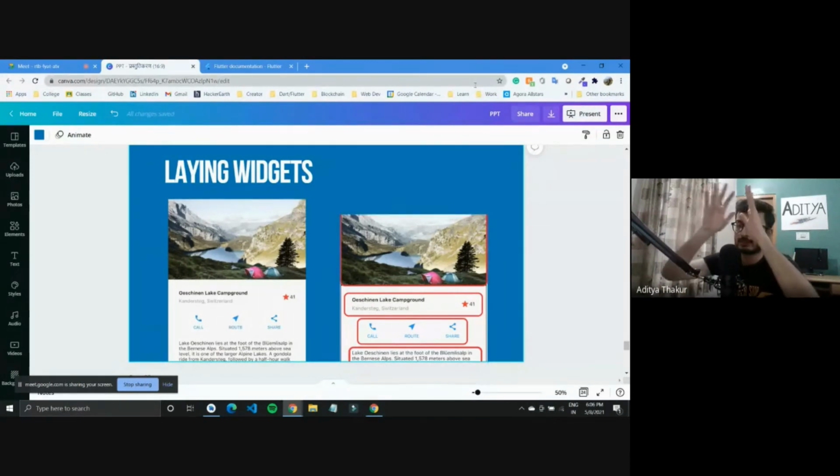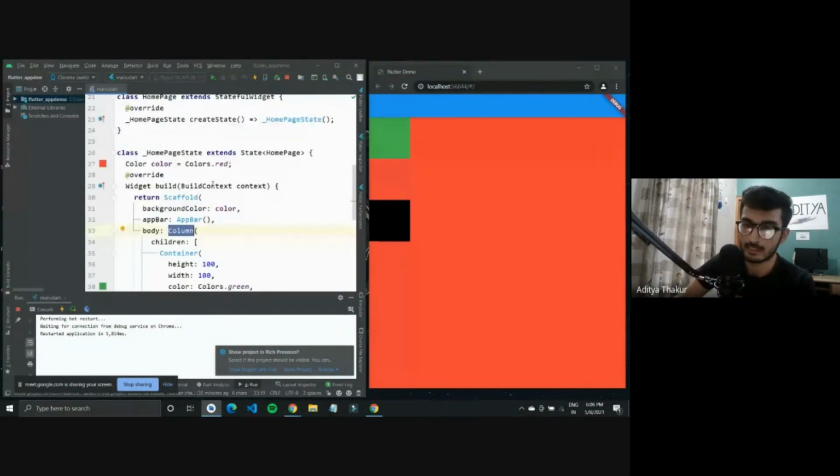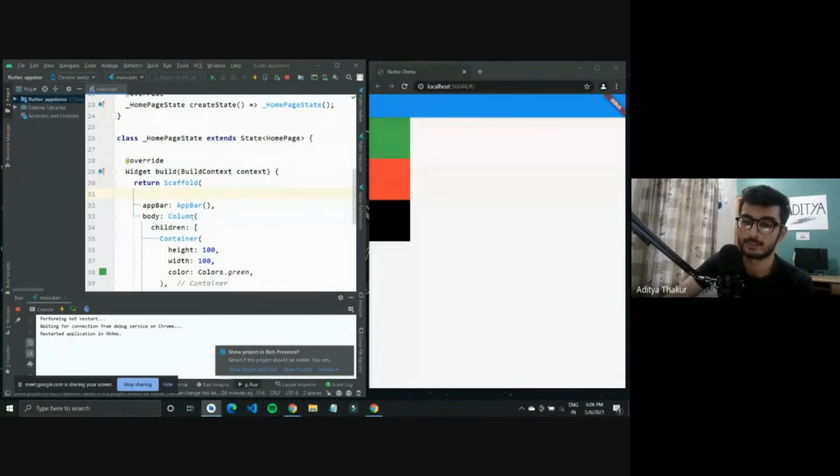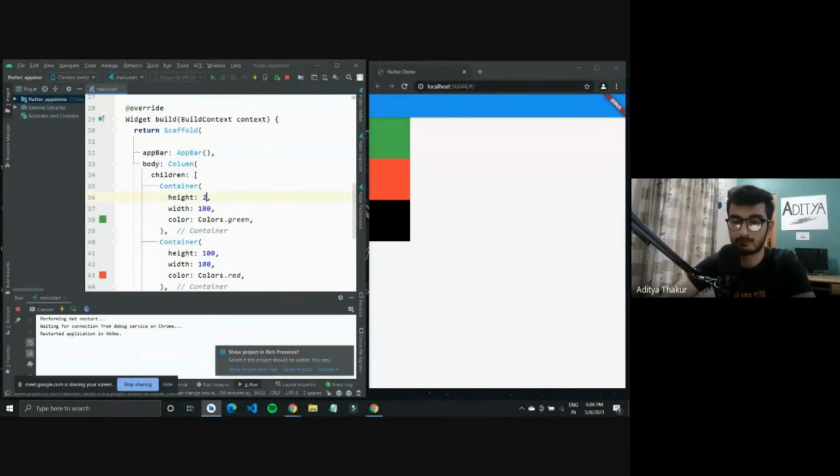So what you will do is create an outer column, and then inside this column you'll have first the image widget, and then you can have this row of text, as in these two would be in a column and these two would be in a row. So that is how you go ahead, and the background color is defined. So I'll just get rid of it. So right now we have all these widgets. I'll just increase the width and the height of these two widgets.